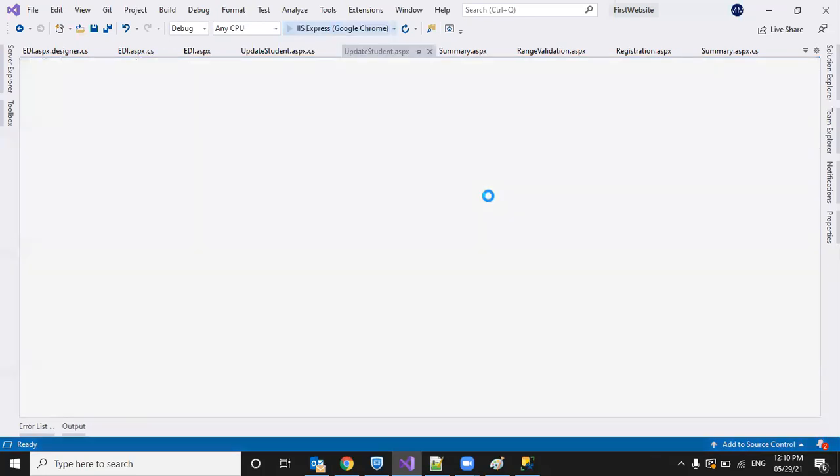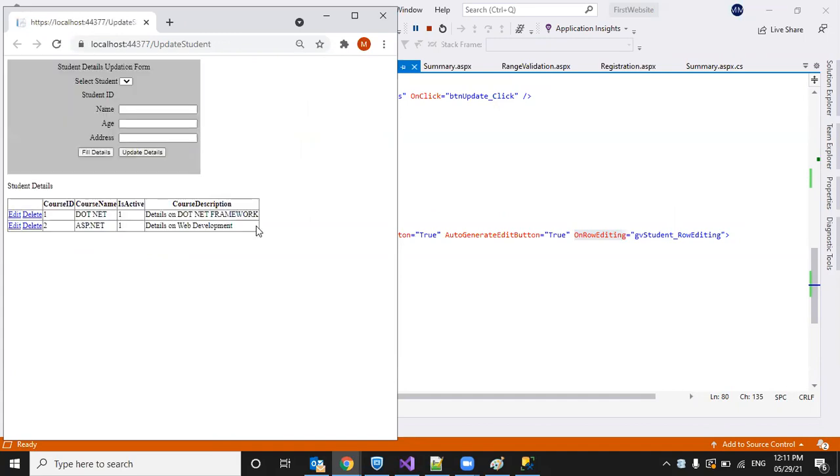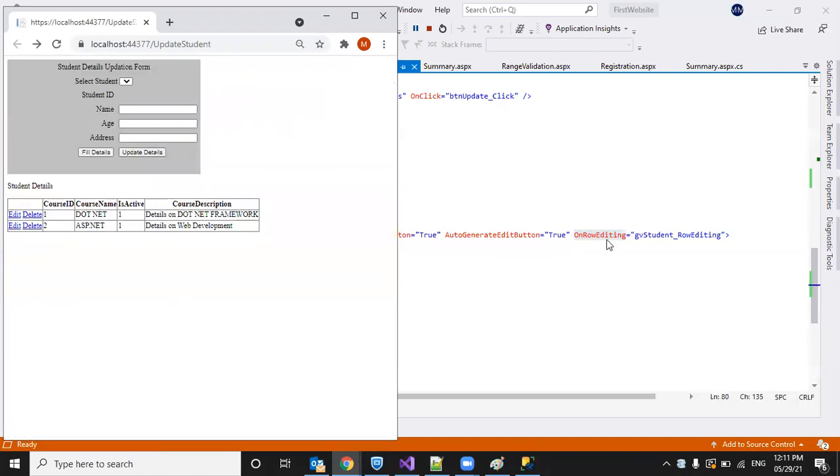Now, let me show it again. So when clicking on delete, there is no event. It is throwing an error because I did not write the row editing event, row deleting event.